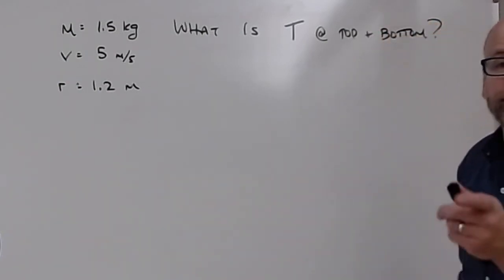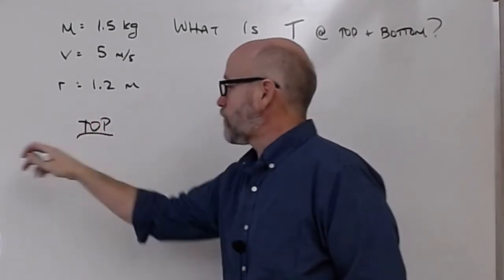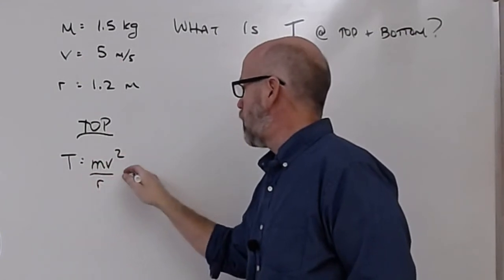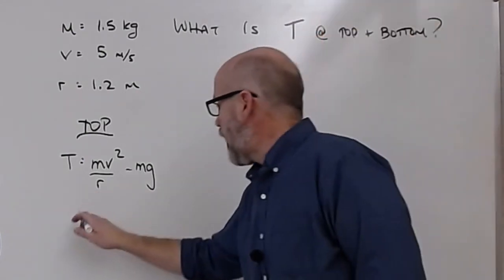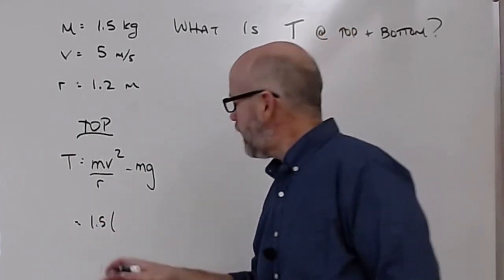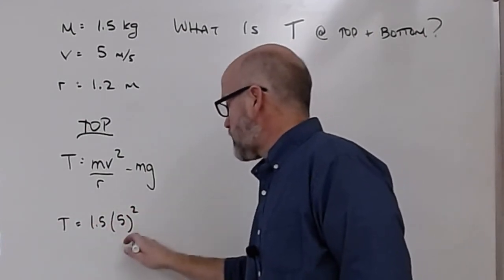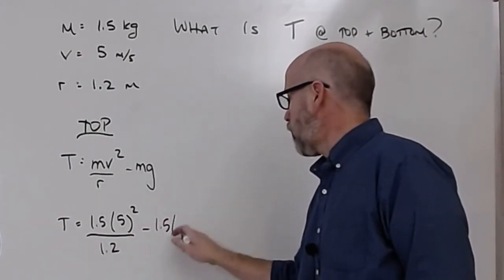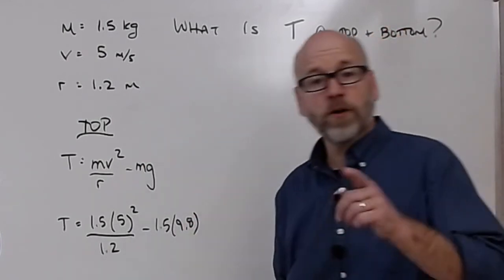All right. Here. At the top, I just derived a formula that said tension equals mv squared over r minus mg. Okay. Now, the mass, 1.5. Could I factor that out? Yeah, I could. Not at this moment, though. Velocity of 5 squared divided by the radius minus that 1.5 times 9.8. And the tension in the string